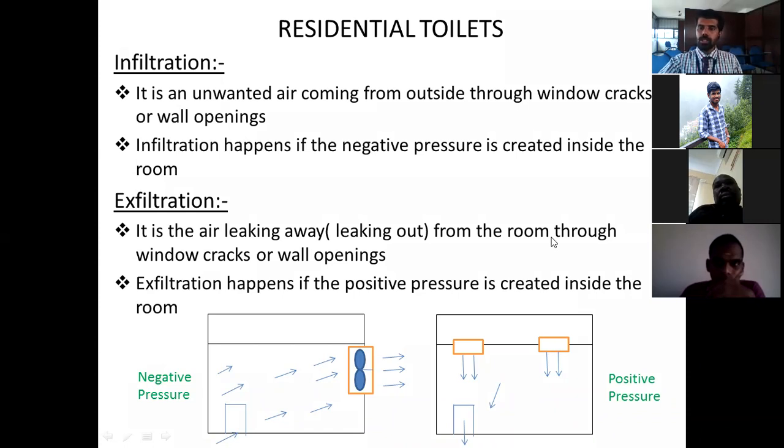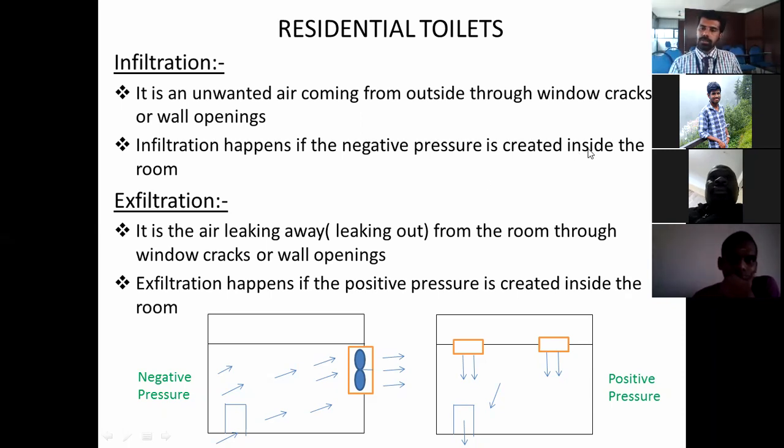Okay, the toilet is a closed cubicle, right? We won't open doors when we get into the toilet, right? But still we need what? Air to come to our room. So I don't know whether you have noticed, below the door there is an undercut. There is a cut there. Or some portion of the door will be lifted up. I think you have recognized that. Again, if you are going somewhere, you just notice it.